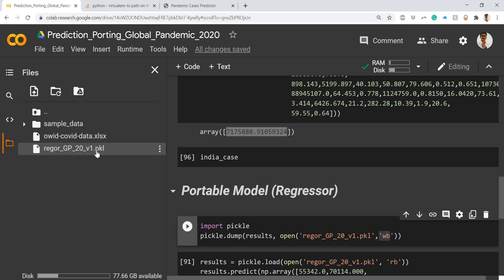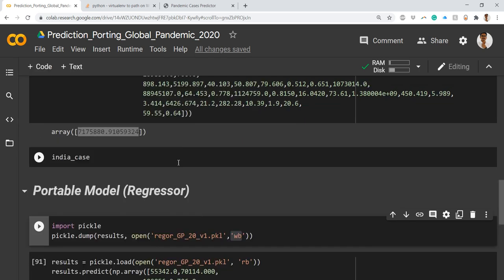This single file is enough to do your prediction. This is the power of the Python programming language. You can do the production activity which cannot be done with other programming or scripting languages. This is the flexibility that Python gives, so it is that important to know for data science.